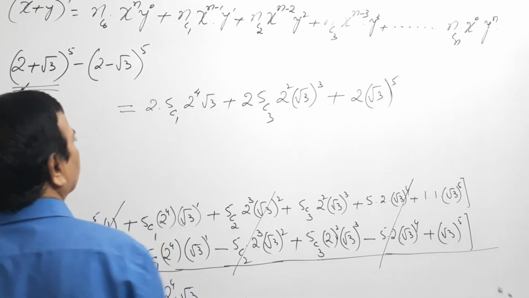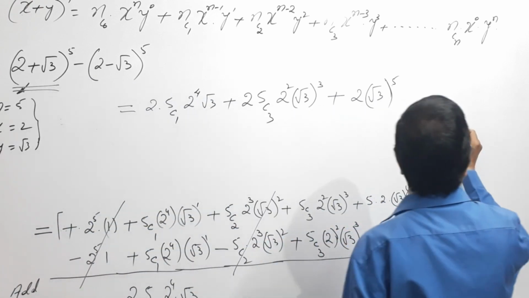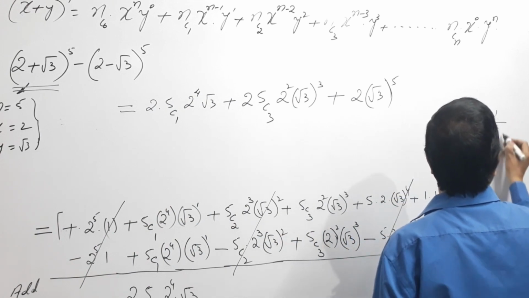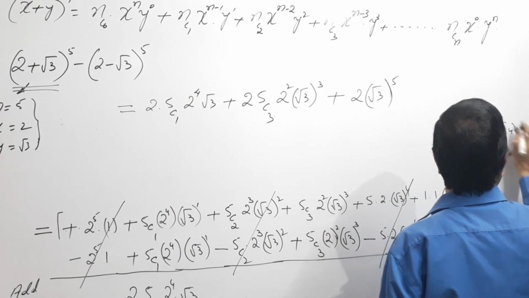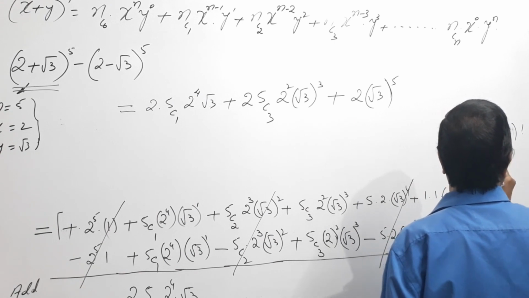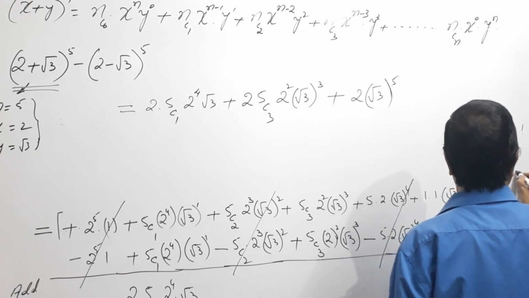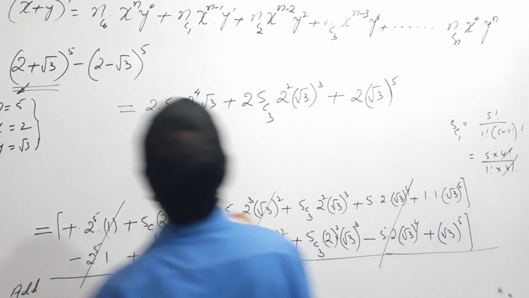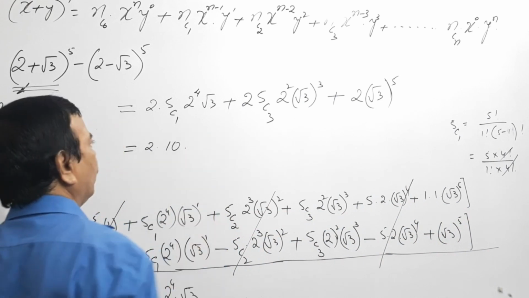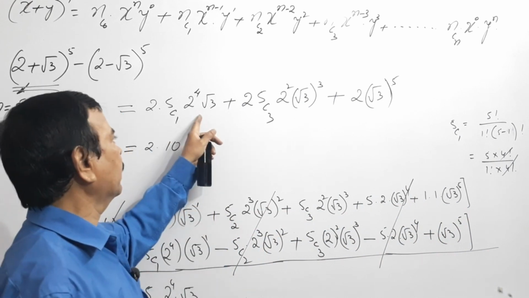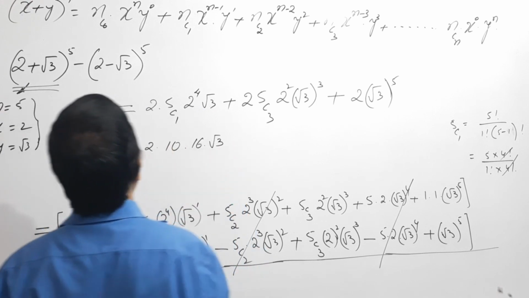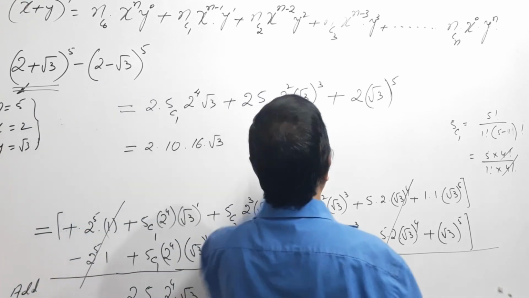So this becomes what? We will calculate what is 5C1. 5C1 equals to 5 factorial by 1 factorial, 5 minus 1 factorial, that becomes 5 into 4 factorial by 1 factorial into 4 factorial, 4 factorial cancels, and left with what? 2 into 5 into 2 to the power of 4, 2 to the 4, 4 to the 8, 8 to the 16, root 3. So now we will calculate this